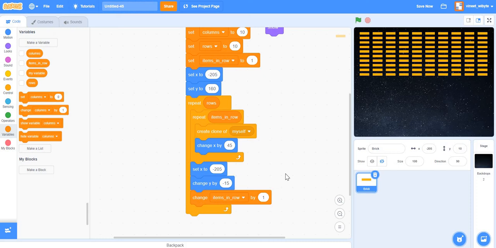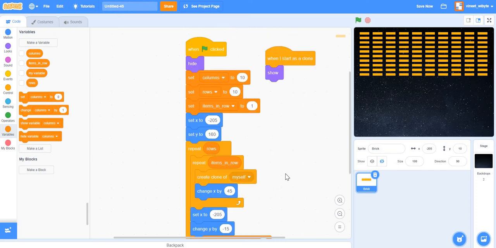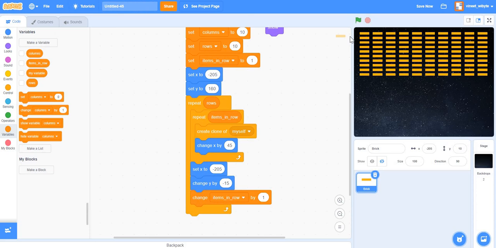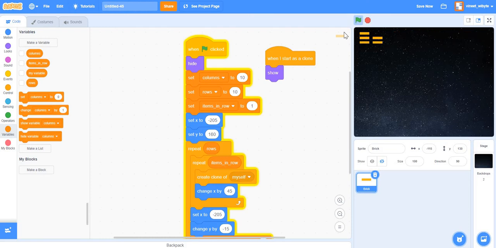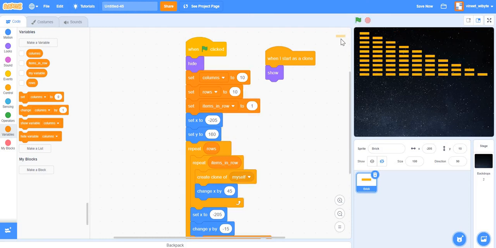So what will happen in this code is we expect that because items in row is 1, the first row will have only one sprite. Then as it goes through this, in the second row items in row will become 2, so the second row will have 2 sprites, and so on and so forth. So let's see if I run this, what happens, right? Exactly what we had thought, right? So now we have been able to place sprites in this way, and you can imagine that you can use this in the brick breaking game, right?